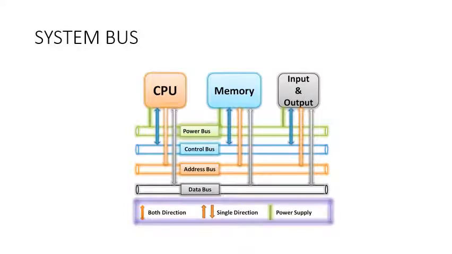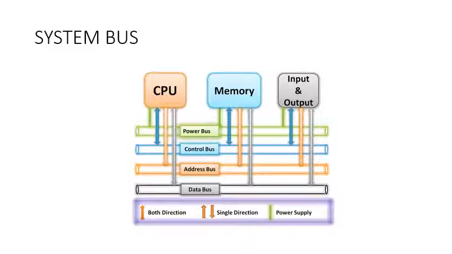Before discussing the further pins in the 8085 microprocessor, let us have a discussion on bus. What is a bus? First, we see about the system bus. A bus is nothing but a set of wires connecting memory and I/O to the microprocessor. So this is called the system bus. Wires connecting memory and I/O to the microprocessor are called the system bus.